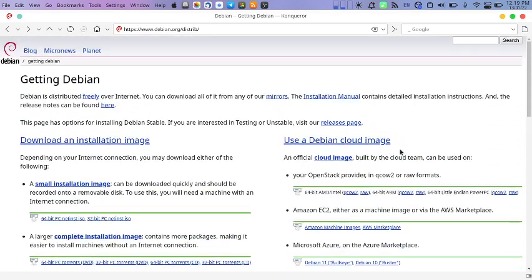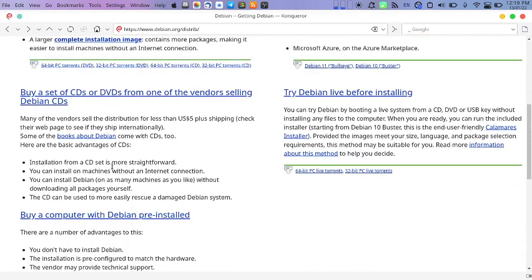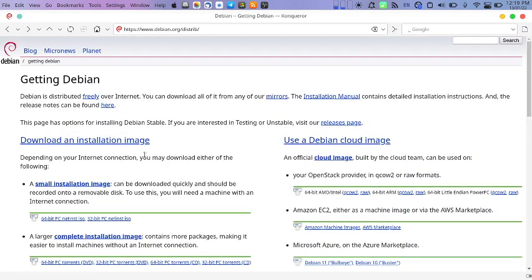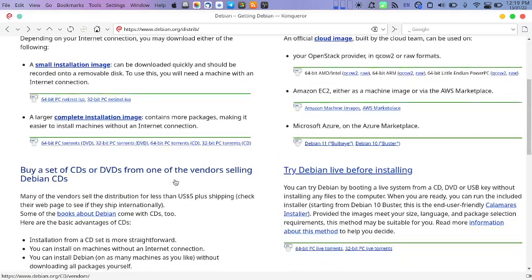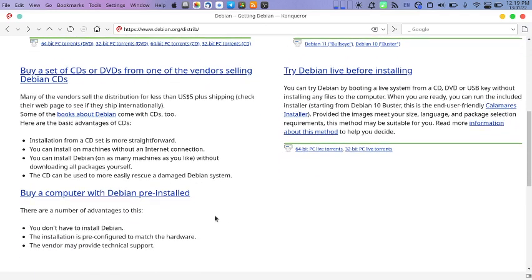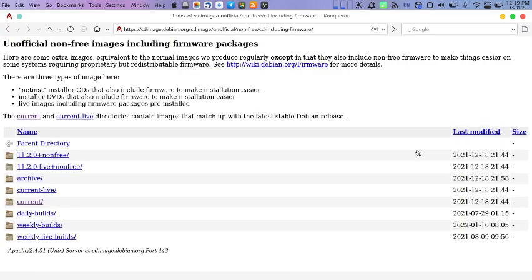Now we go back. Now we will go to the unofficial non-free images including firmware.